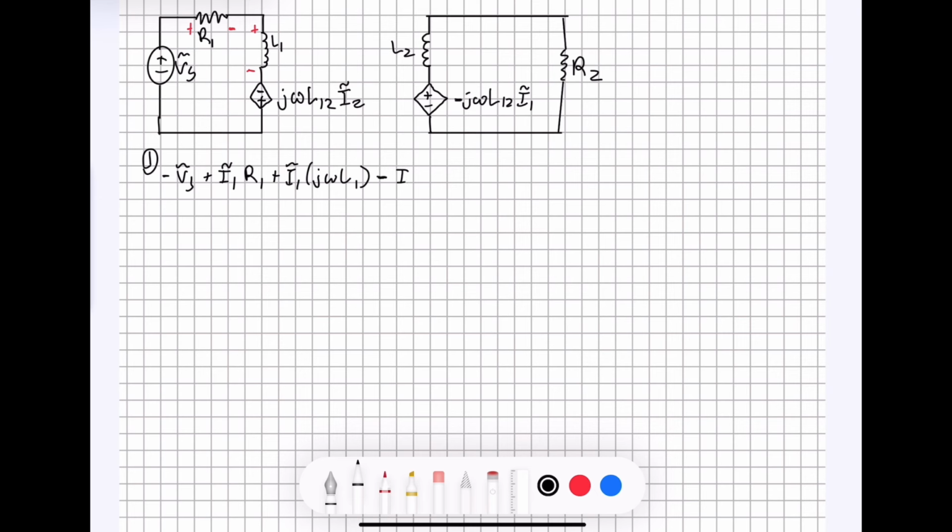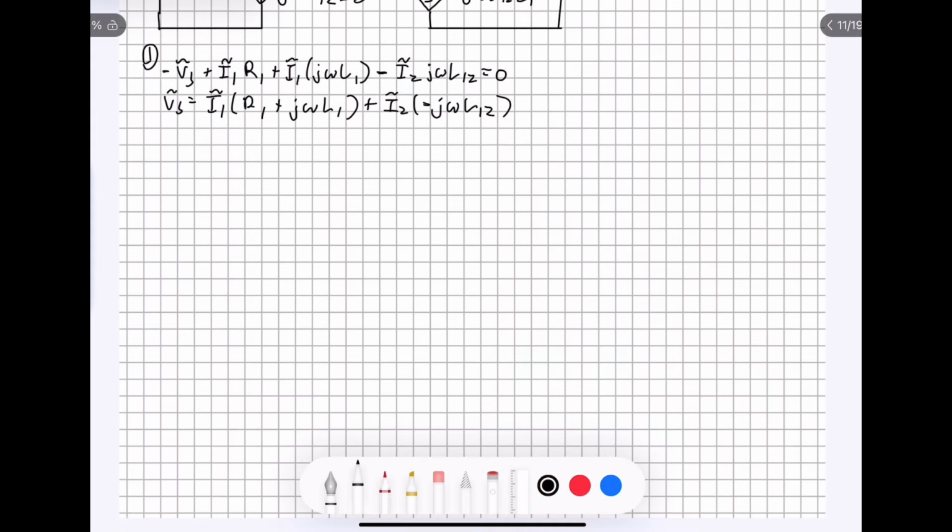I'm just going to move the current to be at the beginning for consistency. So I tilde 2 J omega L1 2. And we know that all of that is going to be equal to 0. We can rewrite this as V tilde S is equal to I tilde 1 multiplied by this whole value, plus I tilde 2 multiplied by negative J omega L 1 2. And the reason why we wrote it in this form is going to be obvious once we've written the second